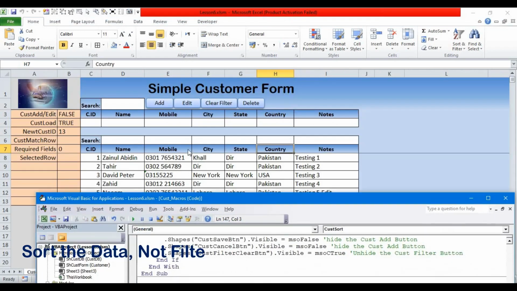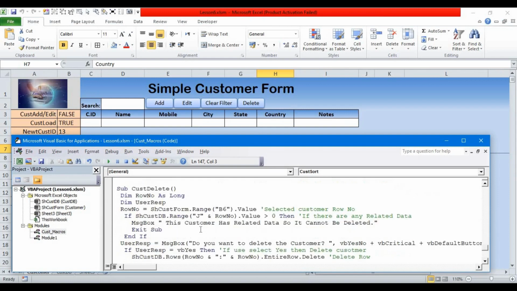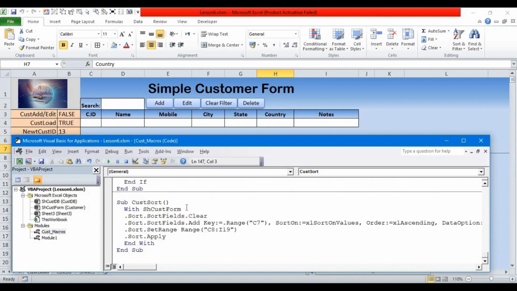So to do that, I have with customer form, sheet customer form. First is sort. I have to clear any field if any previous sort is applied there. So clear the previous sort. This is the first line. The second is